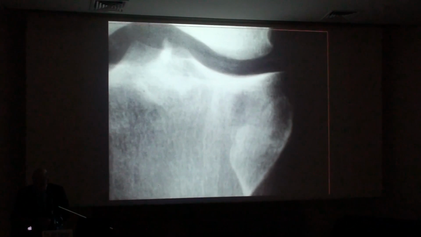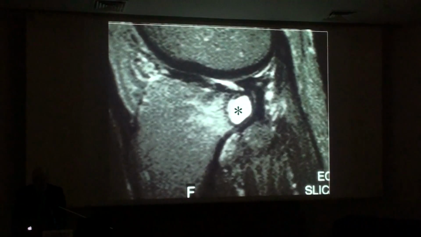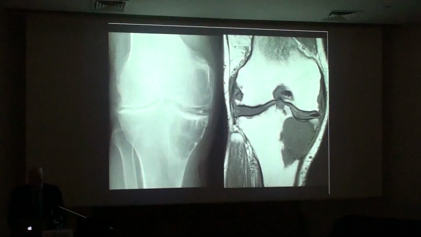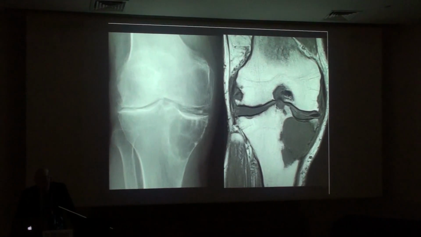Here's another example of a subchondral degenerative cyst. In this case, MR very nicely shows the high signal intensity. You get the feeling of a little sclerotic margin, and notice the edema-like change in the base of the bone adjacent to it. And here, really a very large subchondral degenerative cyst in this very ugly knee,